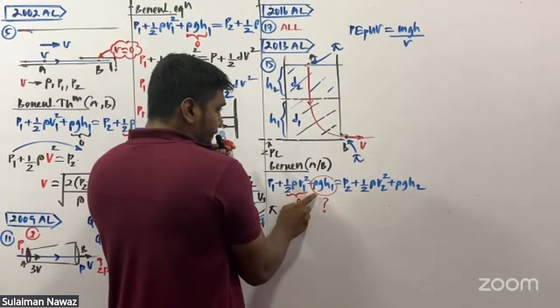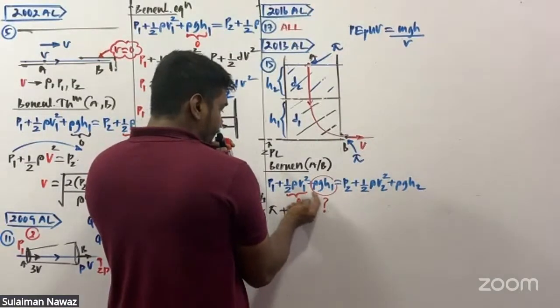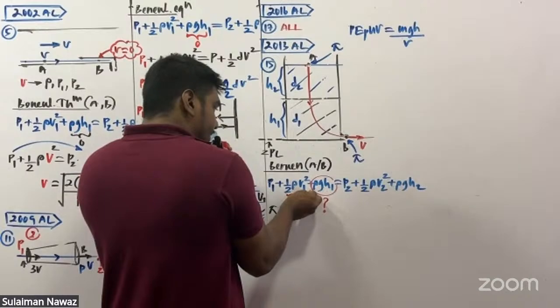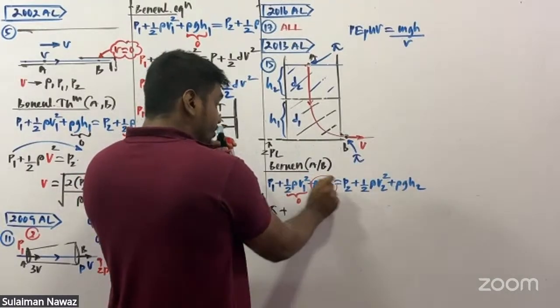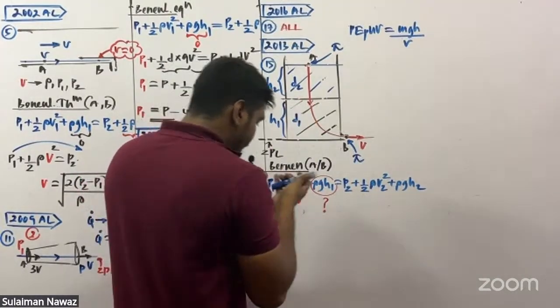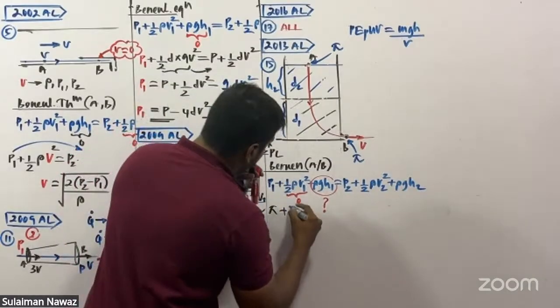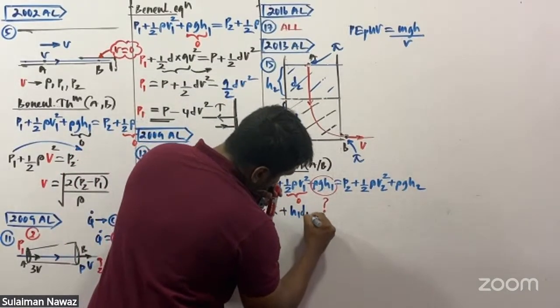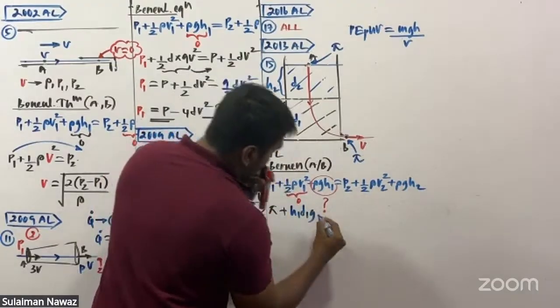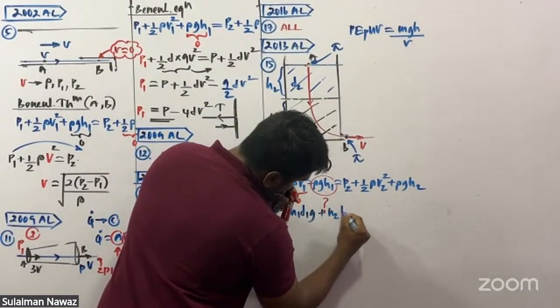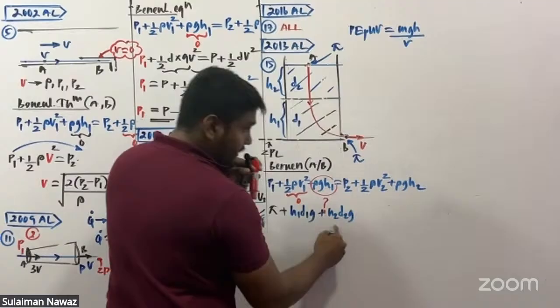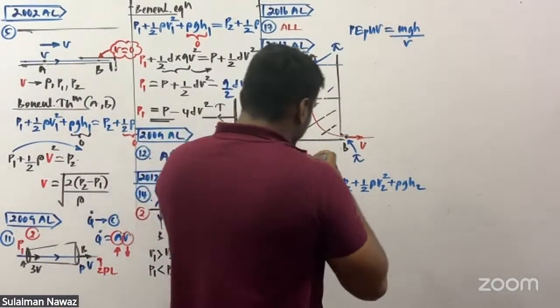Please highlight this part somewhere else when you are writing it. Mention why we are writing this term: H1 D1 g plus H2 D2 g. Please highlight why we are doing this. This must be equal to